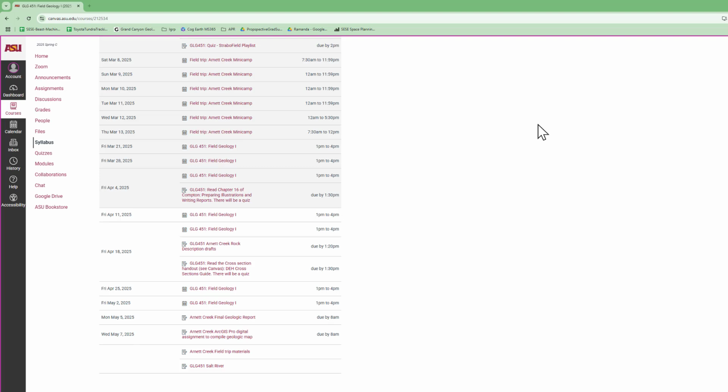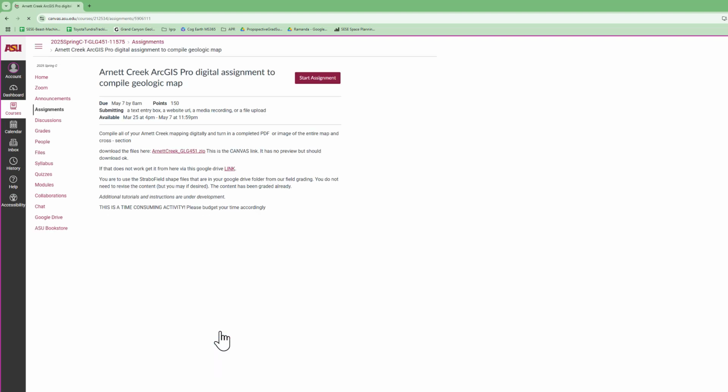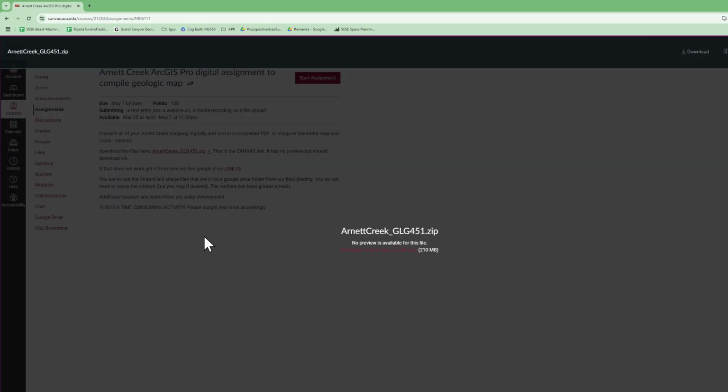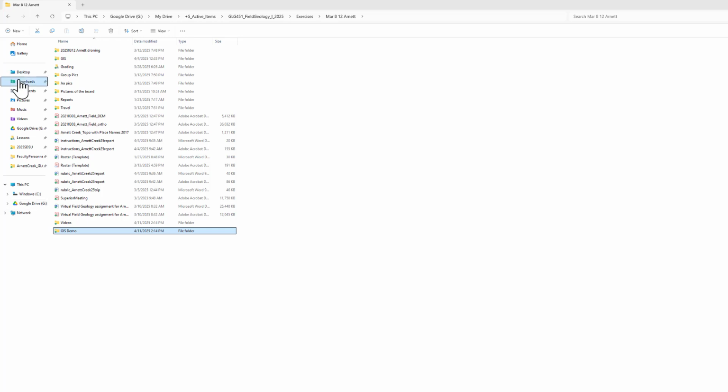Let's begin by downloading the data that you'll need for the Arnett Creek ArcGIS Pro digital assignment to compile the geologic map. So the main thing is download this file, and it's a big one, so just download it. Don't worry, there's no preview. Okay, once you've downloaded it, then go to Downloads,